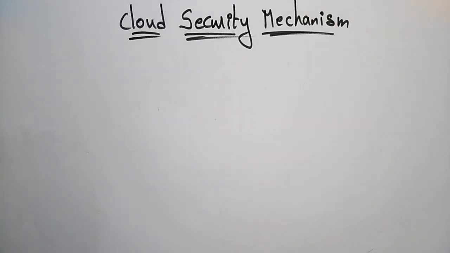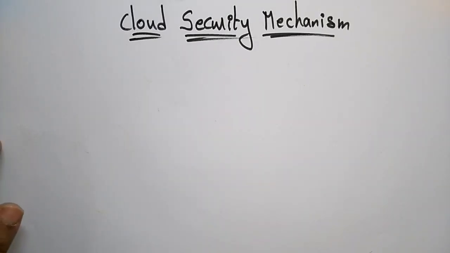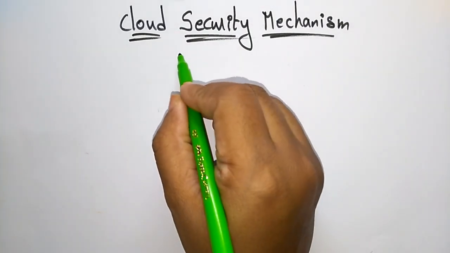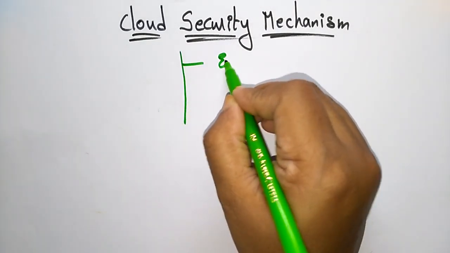Hi everyone, coming to the next topic in the subject cloud computing, it was cloud security mechanisms. So there are different types of cloud security mechanisms. Let us see what are those different types. The different types of cloud security mechanisms are encryption,